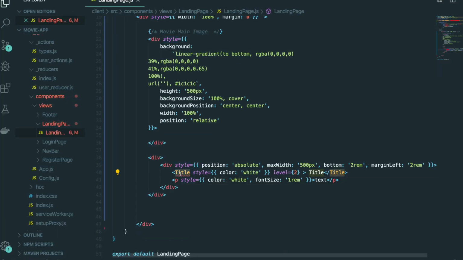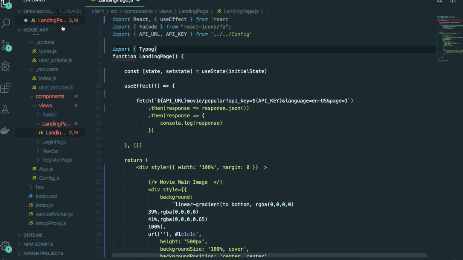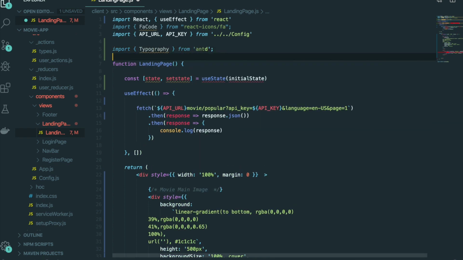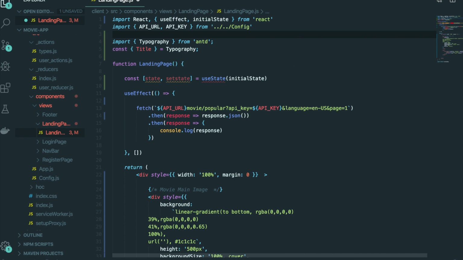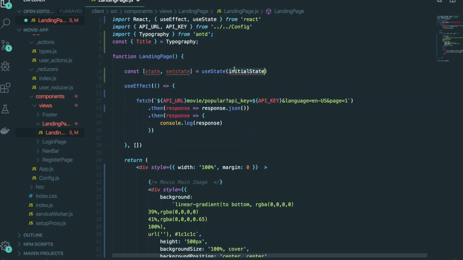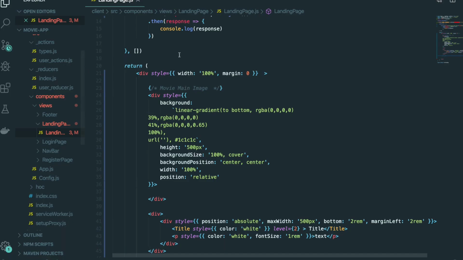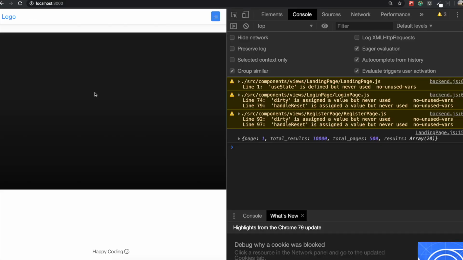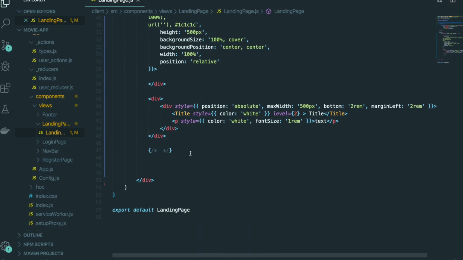So we are going to use Ant Design for the styling. So we will bring this one from Ant Design. So first I'm going to save this one and look at here. So now we made this main image template, and then we need to make this body. So in here,